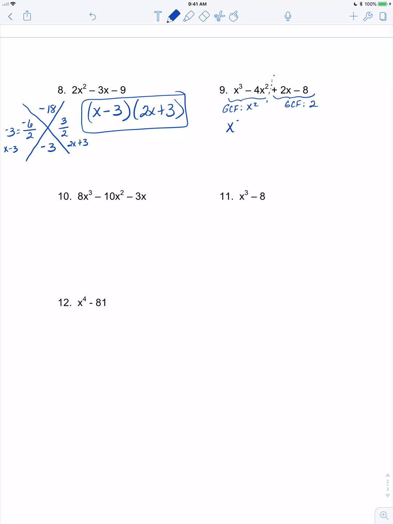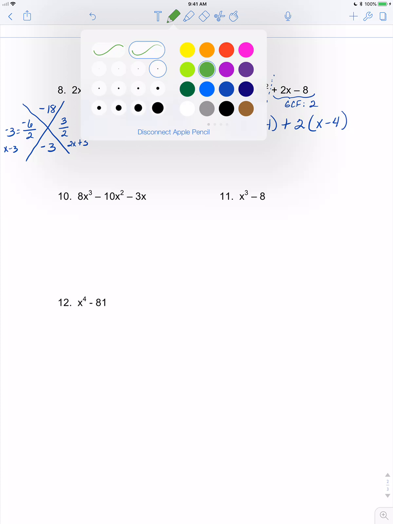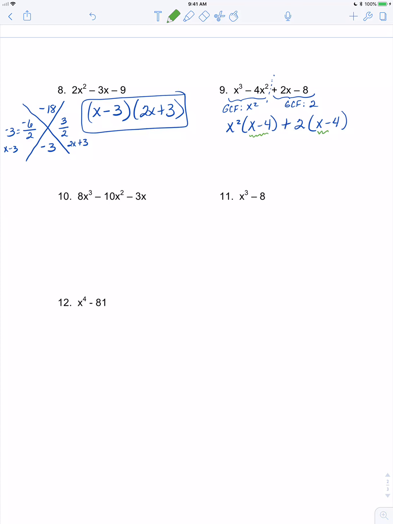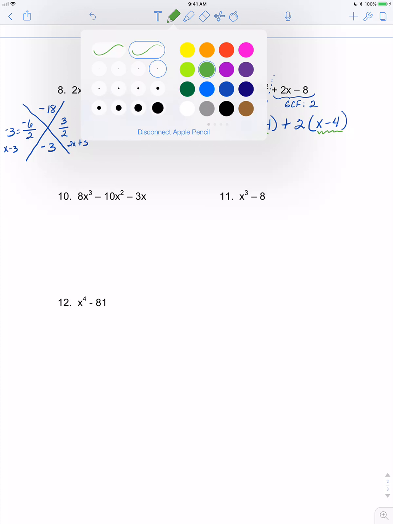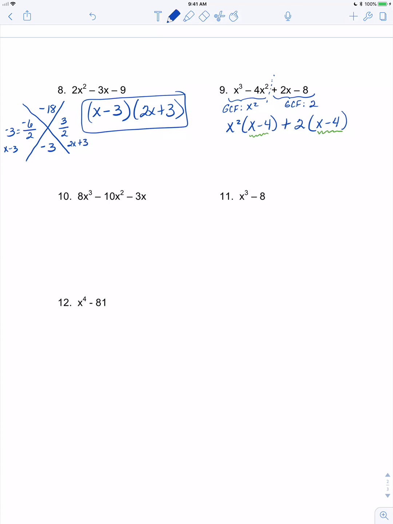So let's take an x squared out of the first 2 terms, and that leaves us with x minus 4. Then let's take that 2 out of the last 2 terms, and that leaves us with x minus 4. Notice we still have this x minus 4 in common. Because it still has this plus sign, since we did a GCF out of each term, it is not in factored form yet until everything is in multiplication form. So then we take what's on the outside of the parentheses, the x squared plus 2, and then the x